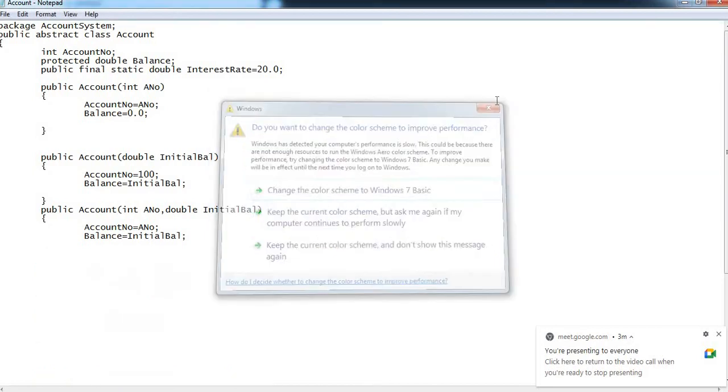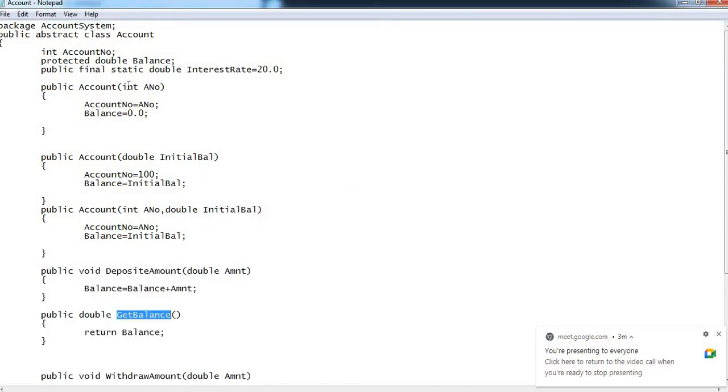None of your operations should be able to change the value of the final variable, because a change in this interest rate variable is always going to be triggered by an external entity, that is RBI. Once the RBI revises the interest rates, that is the only trigger point when we would like to change it. No internal operation related to the account class is going to trigger that change, so we do not want any operations to change the value of our interest rate.